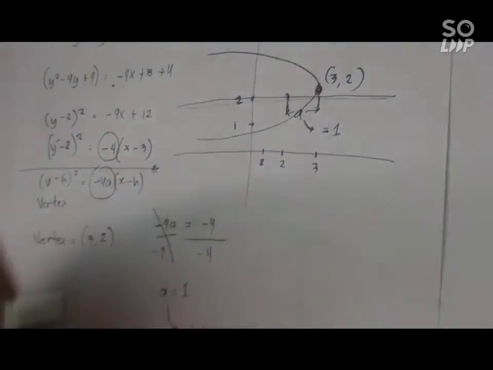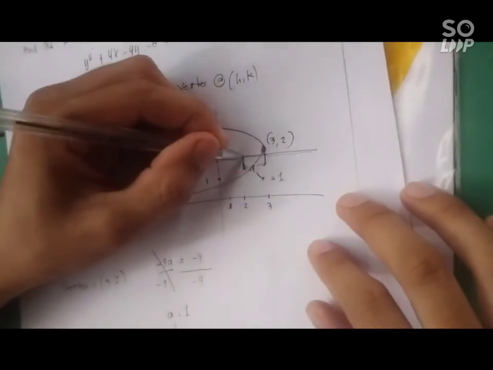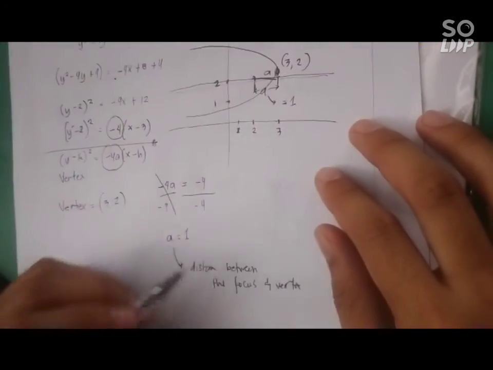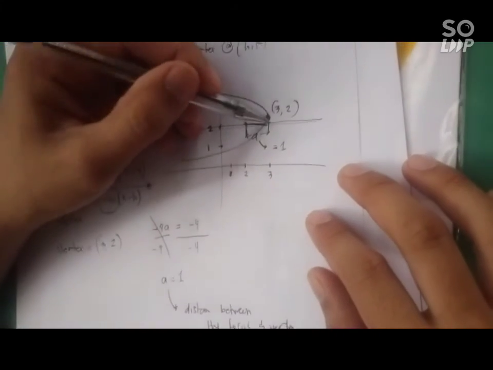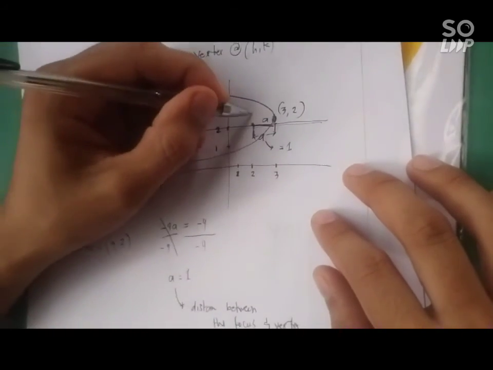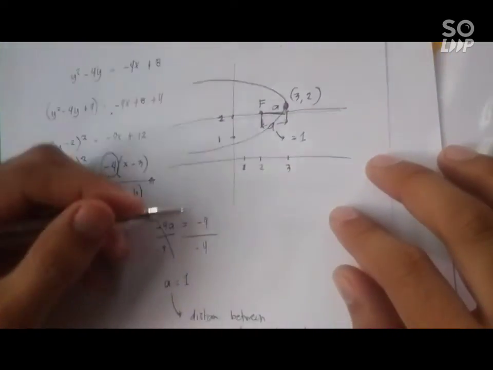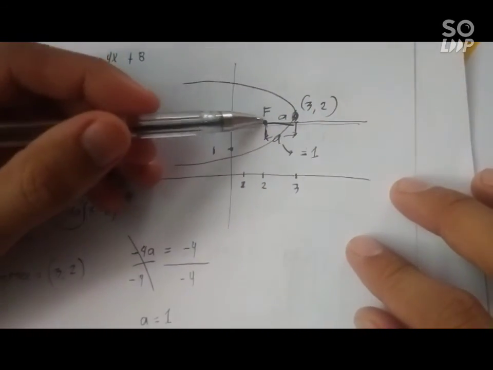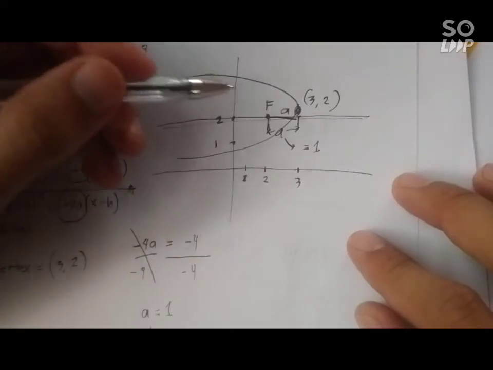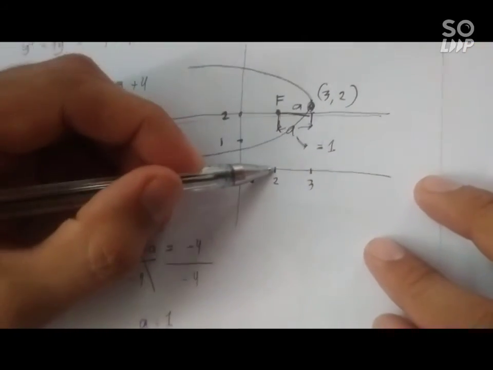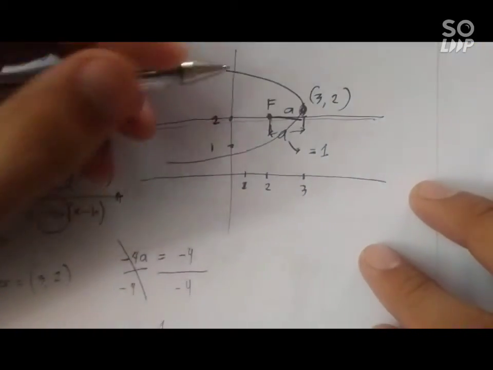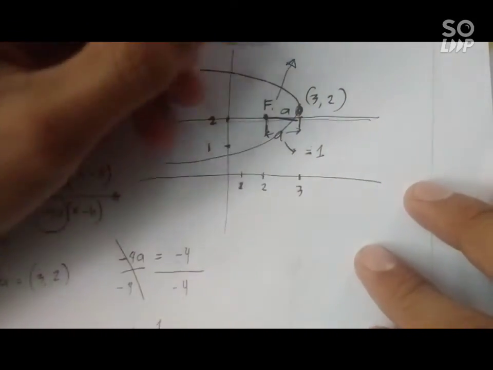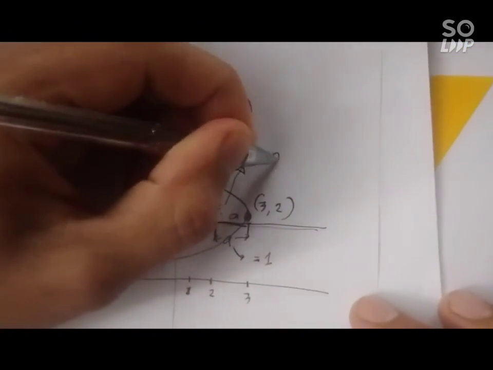So which is ang atong a mo-mean man is the distance between focus og ang vertex, so which is dire ato ang focus, so ang atong focus naa siya sa 2 ug na po siya sa 2, which is ang focus day nato is equal to